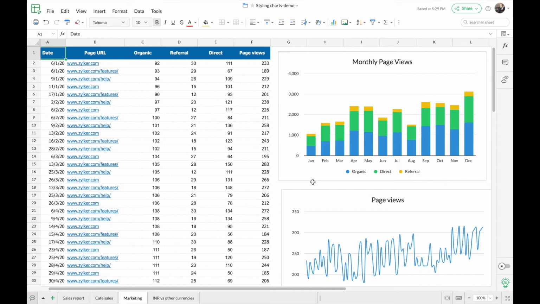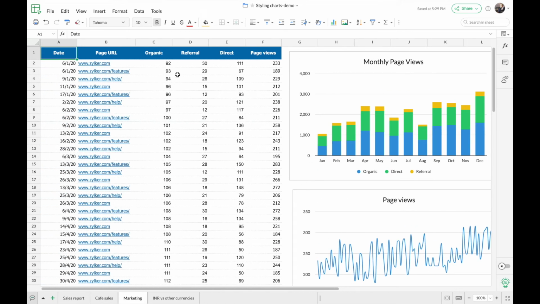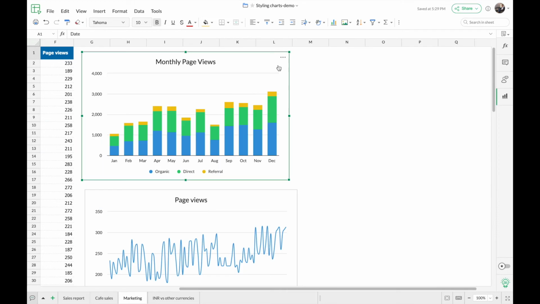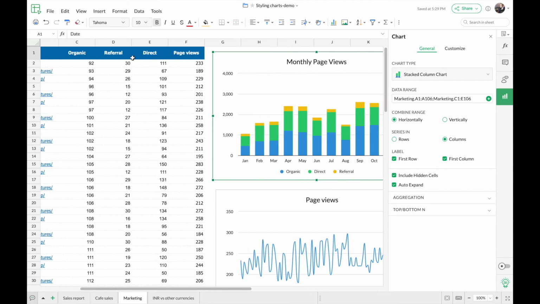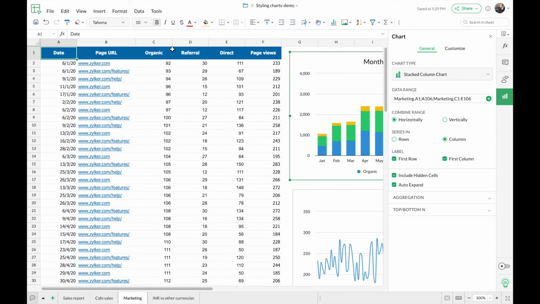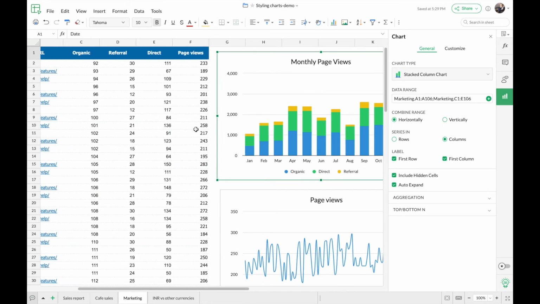First we'll start with the stacked column chart, and we'll see how we can make both of these charts look visually better and in style with the data table or the whole worksheet style that we have here. I'm just going to open the side panel for customization. Here I want to make this stacked column chart to be in style with the data table that I have on the left. You can see I have a blue theme here in the data table. So I would like to reflect the blue theme on my charts as well, so the whole dashboard is in a single theme.